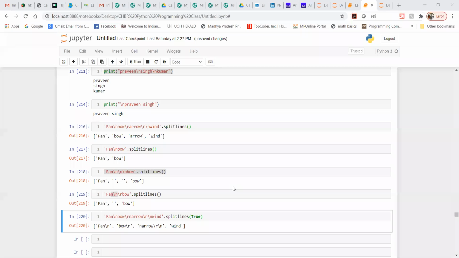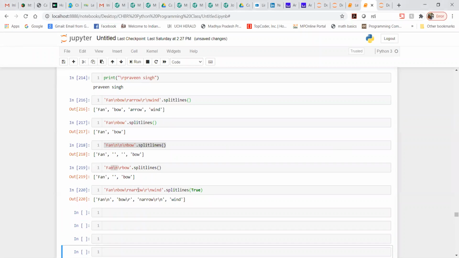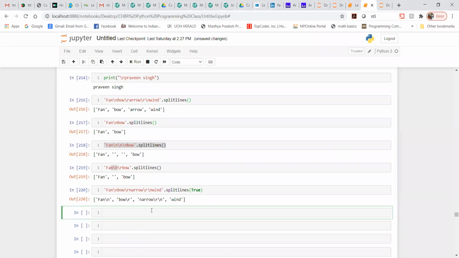Now with this we can close our string topic. With this I have closed almost most of the stuff which is quite important. Now we are left with file operations, or file handling. We'll see that, and later on we will cover exceptions and how exactly they work. But before that, I have already covered the important functions, methods, and topics.